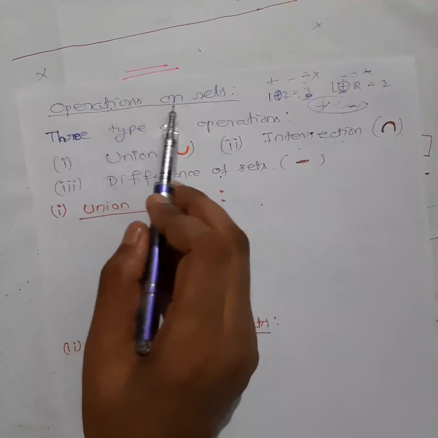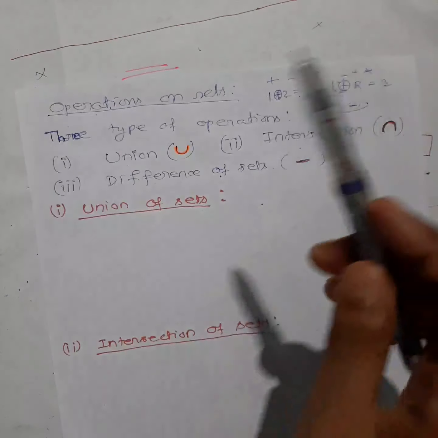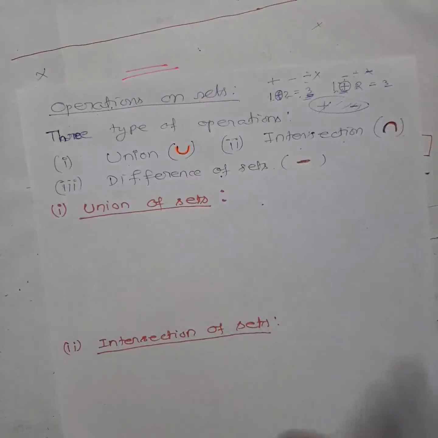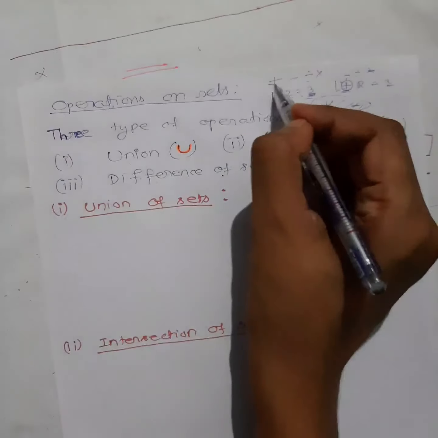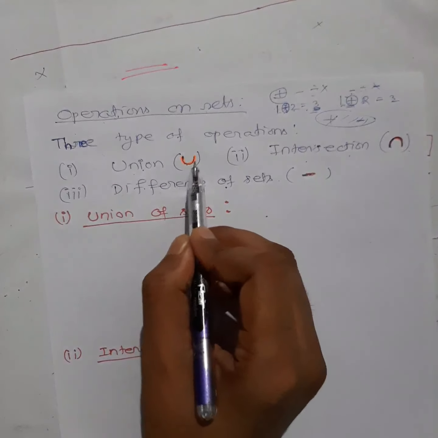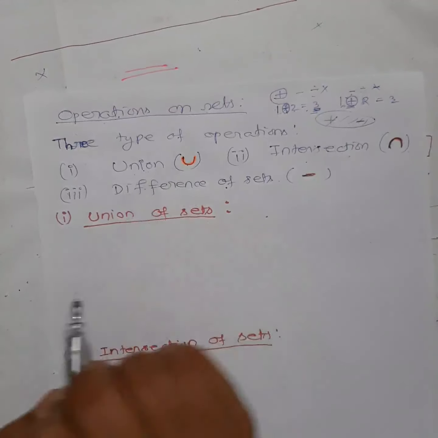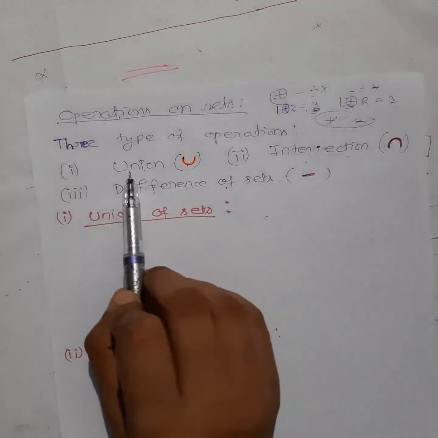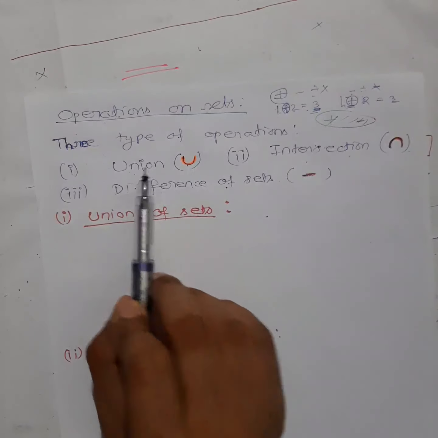In the same way, here we also have operations on sets, but they are not plus, minus, division, multiplication. We will define them in a different way, but the meaning is quite similar, okay? So see here, the three types of operation. The first operation is union. Union is quite similar to your plus, okay? Symbolically it is represented with this symbol. Don't say that this is U, okay? This is the symbol of union, and we use it in whatever we discuss now. Whenever you see this symbol, understand that it is union. I will explain the meaning of this, okay?